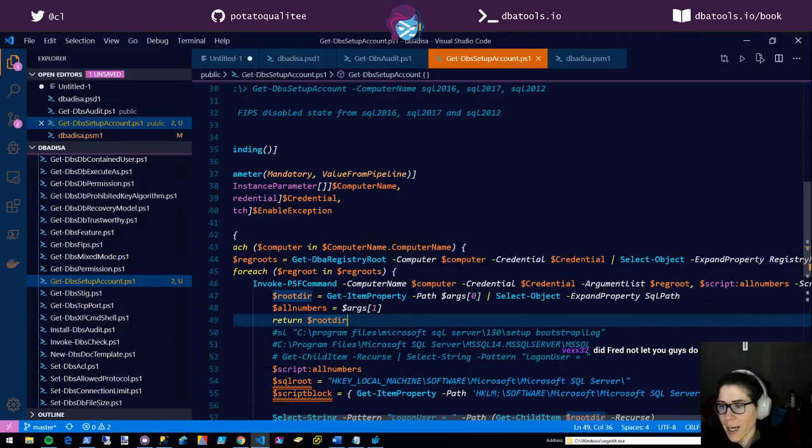Did Fred not let you guys? Oh, no, you know, using is extraordinarily awesome, but I wasn't in the habit of using it because I always try to support PowerShell 3. And I believe that there are some cases where it's not supported in PowerShell 3. And so I just don't use it at all so that I don't get in the habit and then leave behind the PS3 people.